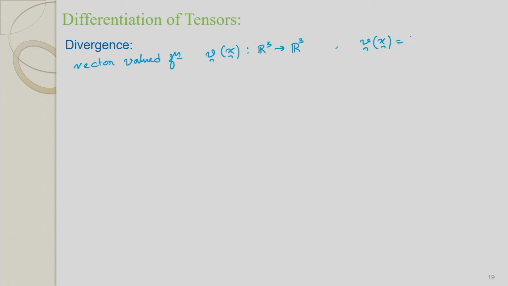One vector valued function can be this, then divergence, denoted by this del dot V, is nothing but del V i del X i. This is a scalar quantity. Now for tensor valued function,